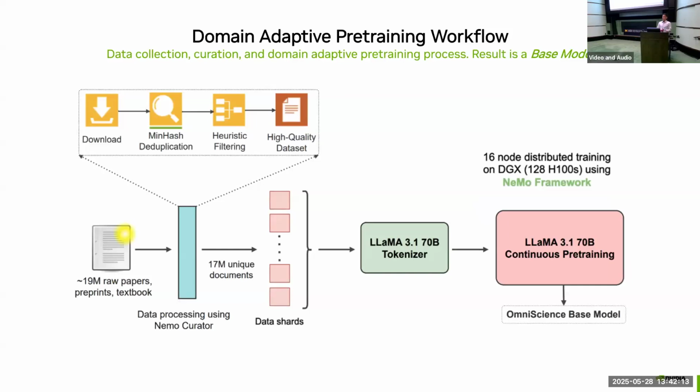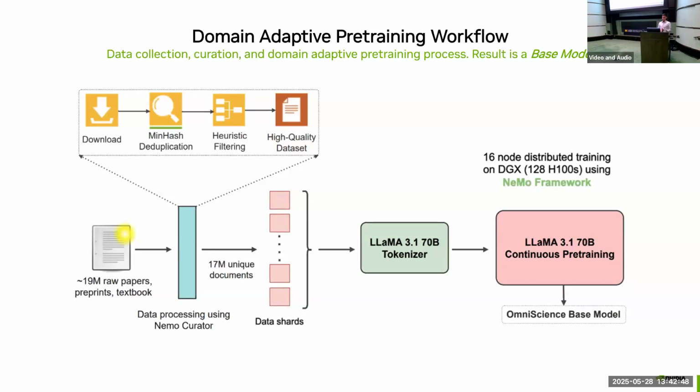So the first step of doing this domain adaptive pre-training is essentially collecting our data. And so this is going to be where we pull data from various sources, which could be from the internet, could be from arXiv papers, it could be ChemRxiv, PubChem, things like this, and just downloading basically as much data or collecting as much domain-specific data as we can. It doesn't necessarily have to be data that's labeled right at the moment, but just getting as much data as we can to essentially use to train our model.